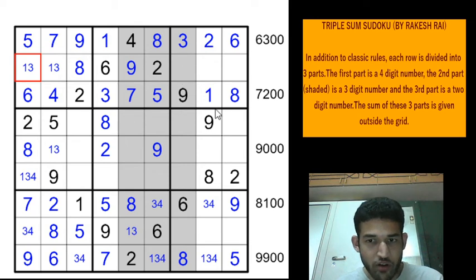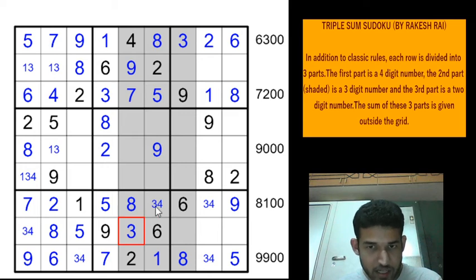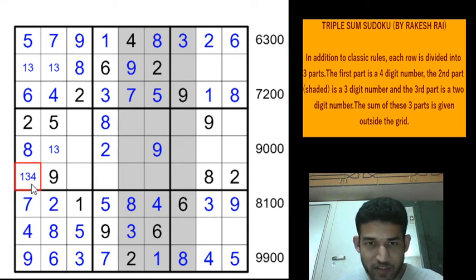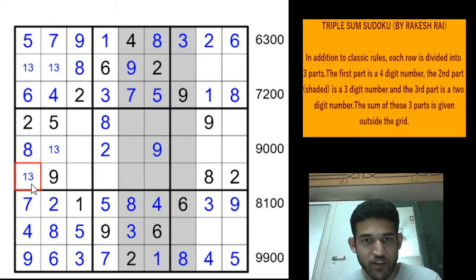I hope you are able to follow until here. So we have a 1 here, so that eliminates the 1 from here. The 3 4 pair gives a 1 here, and that gives a 3 here, a 4 here, a 3 here, a 4 here, a 3 here, a 4 here. Wow, that created a small chain of digits, and we got a lot of digits in the process.